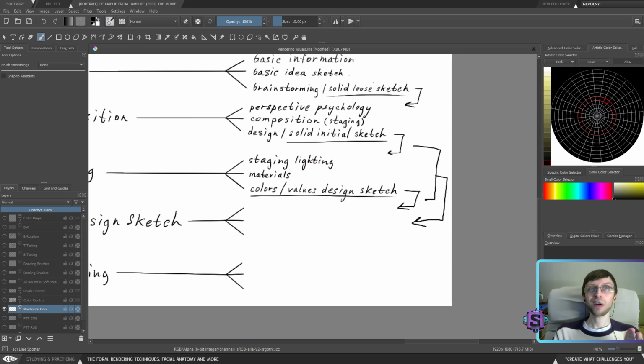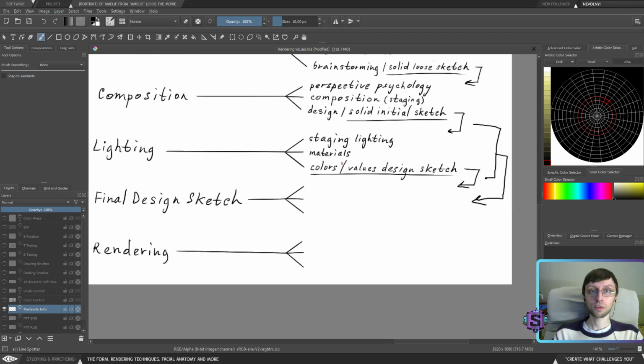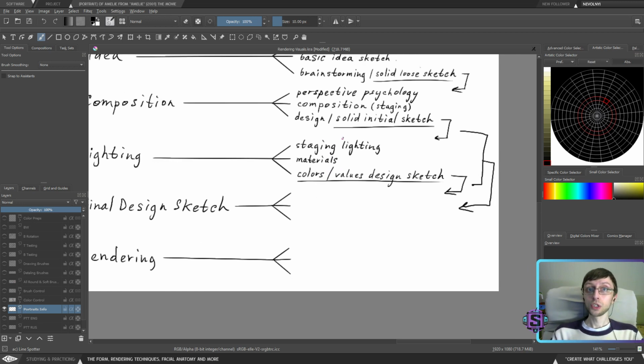And with the color and value design sketch, for me personally, it's determining local values and colors, determining extremes for those local values and colors, and then in the end determining the effect of textures and materials, which will usually be enough for me. But right now I'm actually going to add color harmony too, like how to deal with the relationships. But again, this is kind of new info that we still don't know how to control.